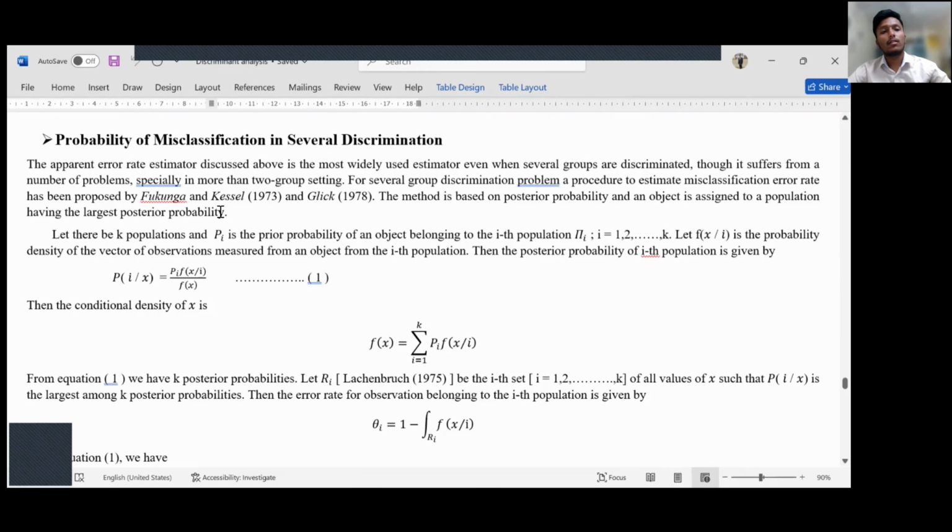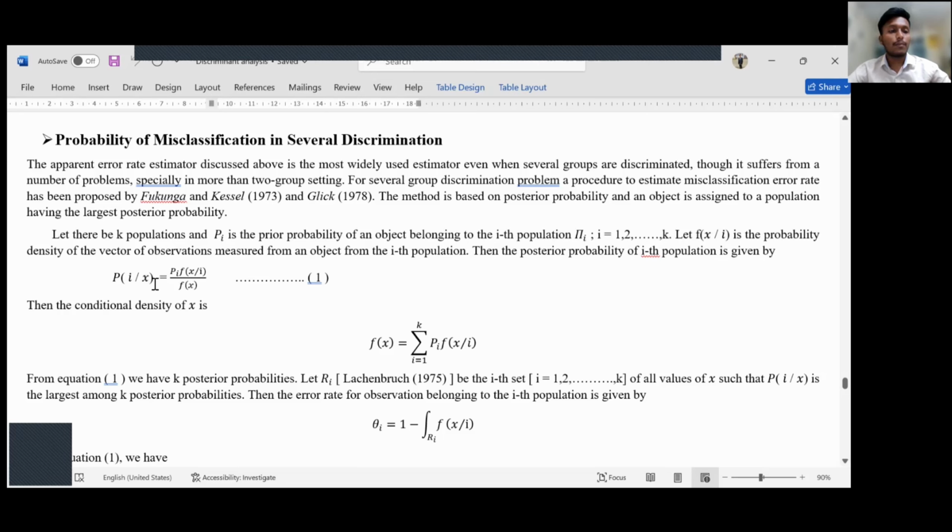So posterior probability means the probability calculated after the object is observed to belong to a population, and prior probability is the probability before. So let there be k populations, and pi is the prior probability of an object belonging to the ith population, i equal to 1 up to k. Let f of x given i be the probability density of the vector of observations measured from an object from the ith population. Then the posterior probability of the ith population is given by